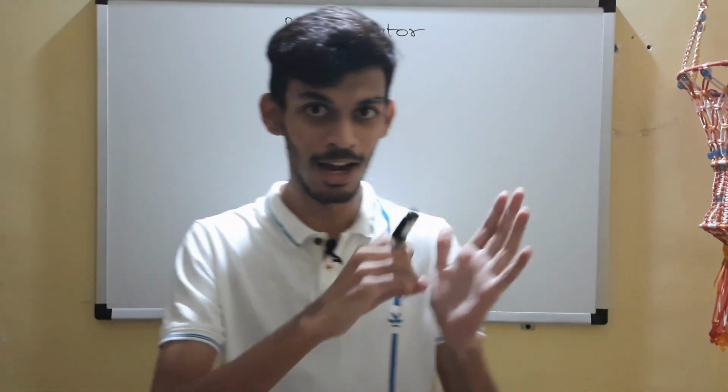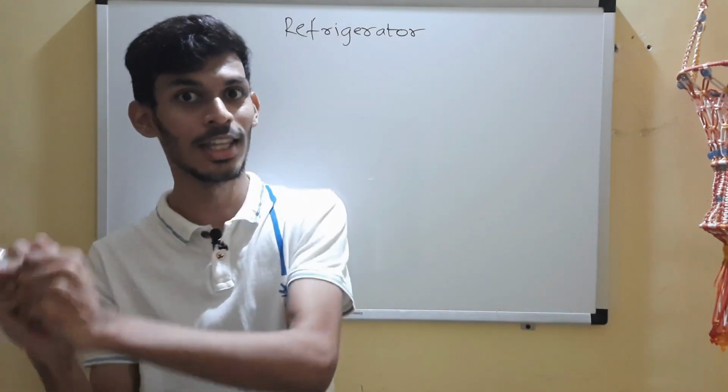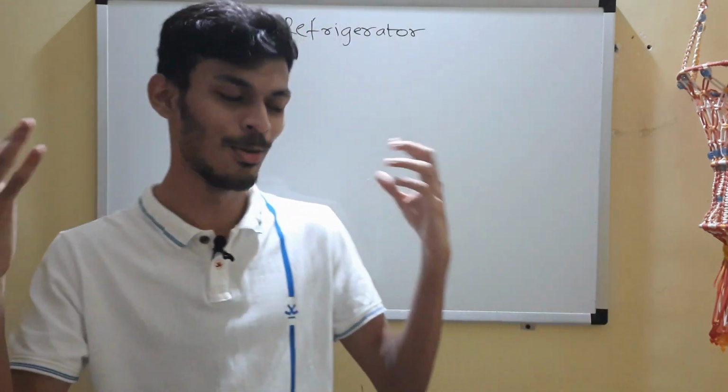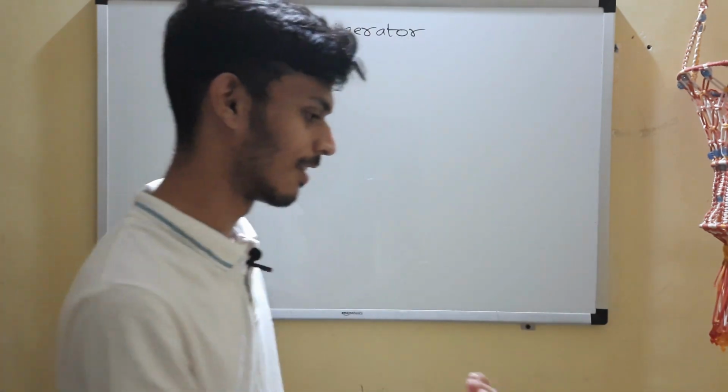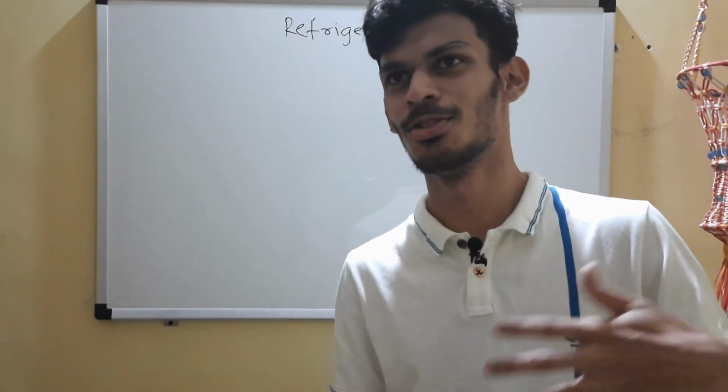But this guy, the refrigerator, is doing something very opposite to it, right? It is taking out heat from that cold section. That chamber is cold and it's throwing that heat out into the surrounding which is at higher temperature. So how is it doing this? Can you think about it? The answer is not very difficult.